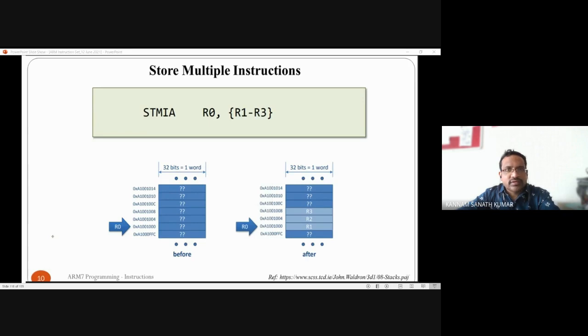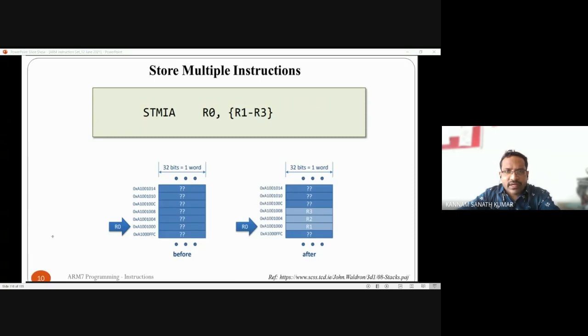Okay. So suppose you see STM empty ascending, R13, R0 to R2. Whatever values are present in this location, first R2 is there. This value will be stored in R2, and this value will be stored in R1, and some value is there, let us take some value 1, 2, 3, 4. R0 is there, that will be loaded into R0.